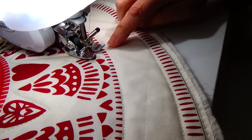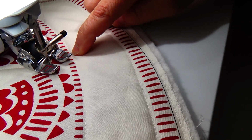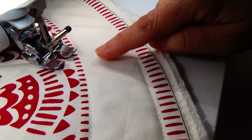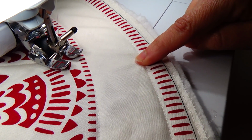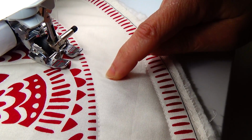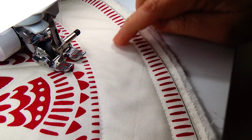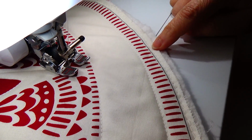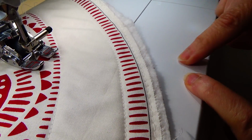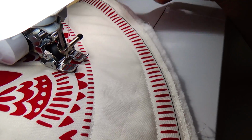But before we finish, I want to tell you about this area for the table topper. I did an outline here and an outline here. At this point, this is not quilted, but I'm going to do at least one down the center. I may decide to do two instead of just one, because if I do two, it gives you a little bit more definition. I also, if you want to come right out to this edge, I did a big basting stitch. That way, as you can see, I was able to trim away, and my panel wasn't as big for all that rotating,